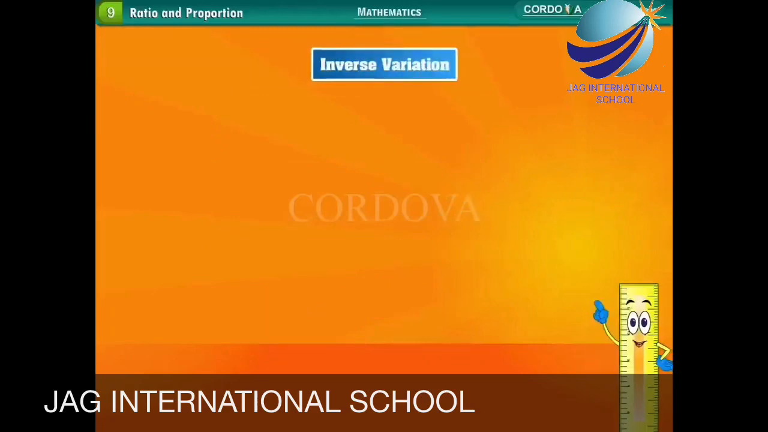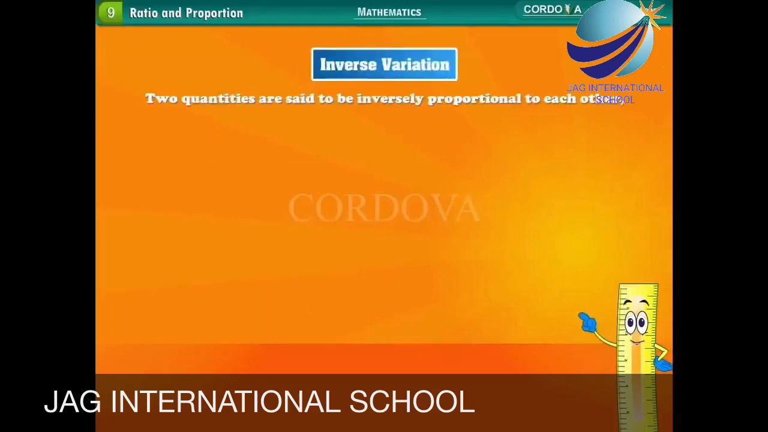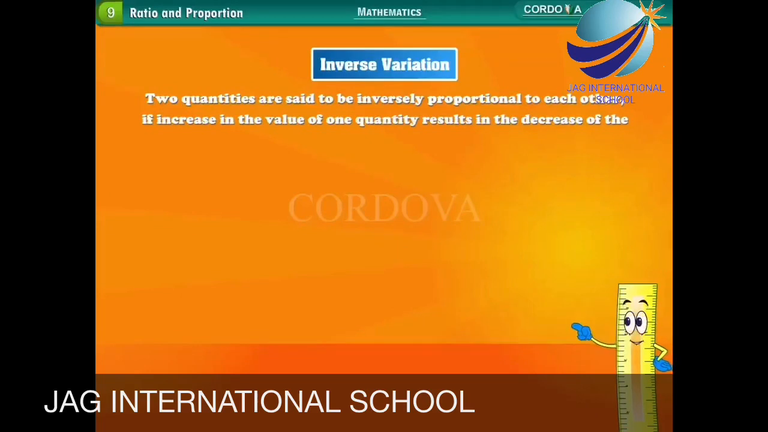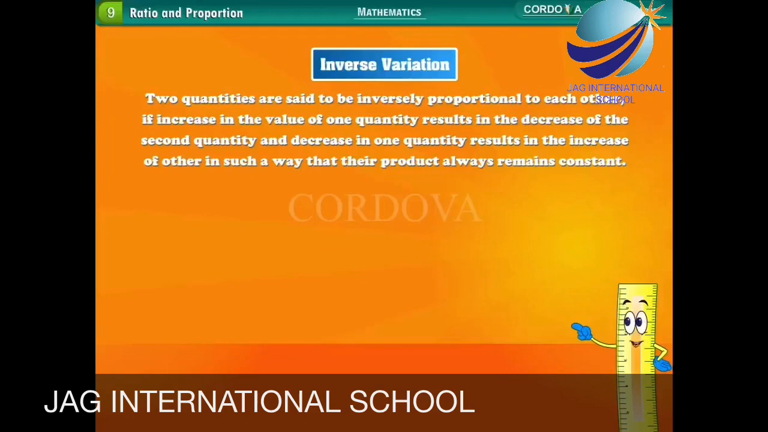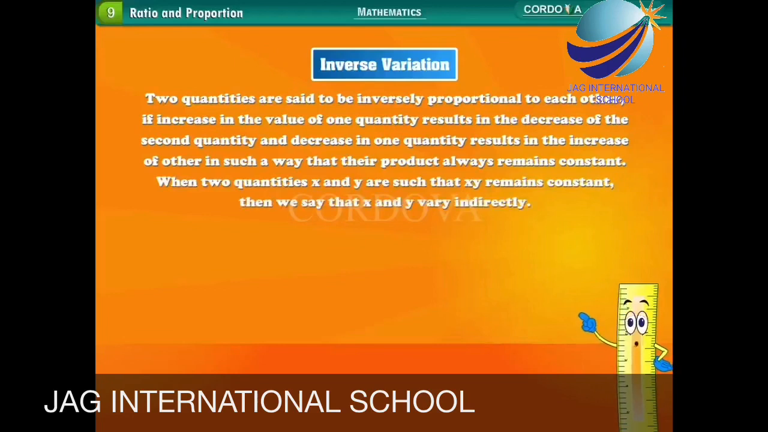Inverse variation. Two quantities are said to be inversely proportional to each other if increase in the value of one quantity results in the decrease of the second quantity and decrease in one quantity results in the increase of other in such a way that their product always remains constant. When two quantities x and y are such that xy remains constant, then we say that x and y vary